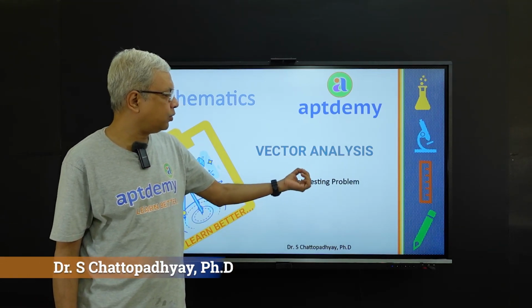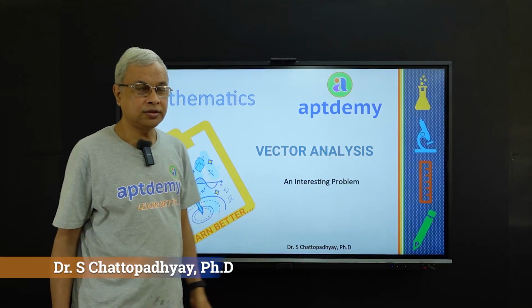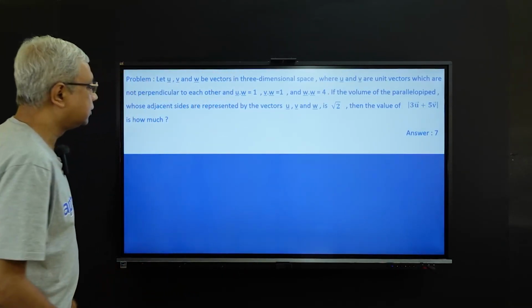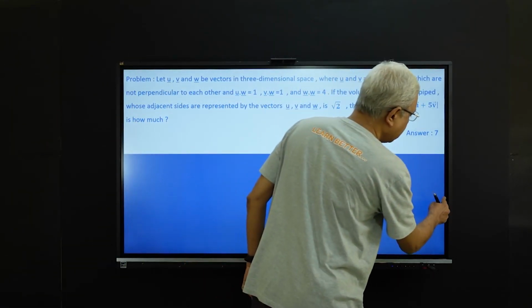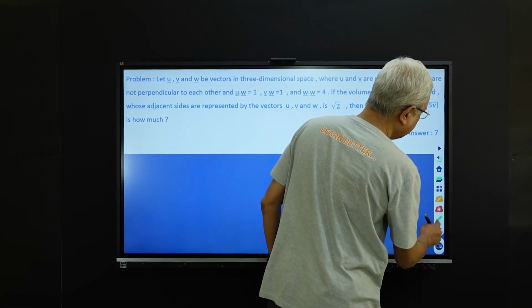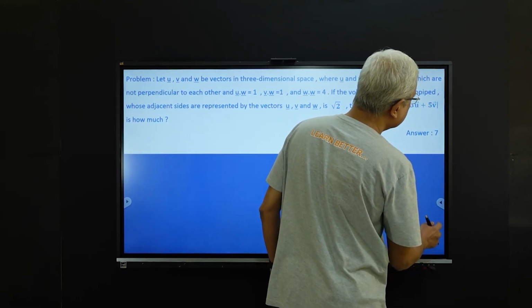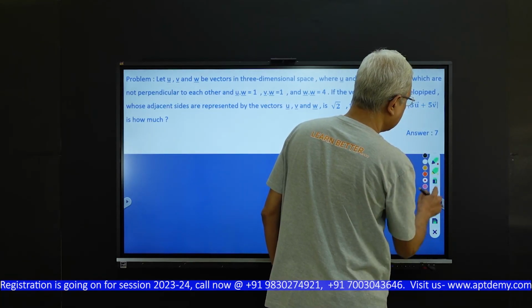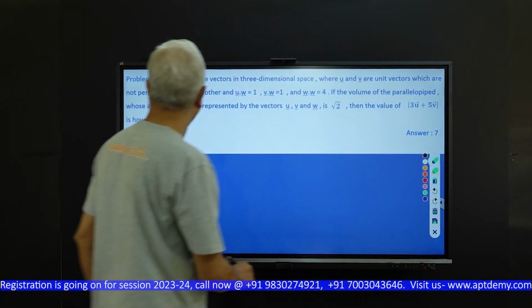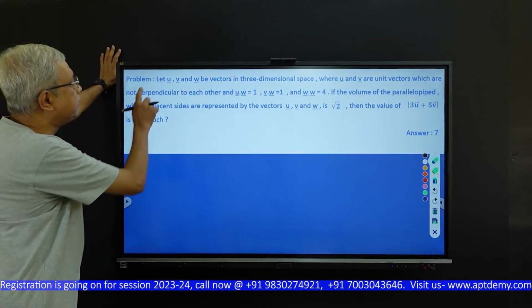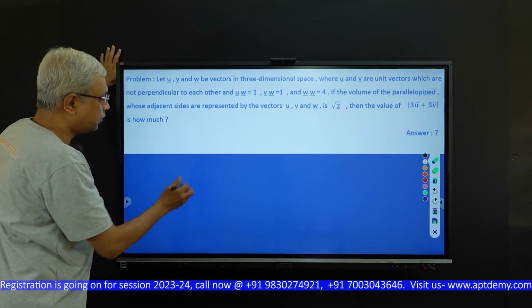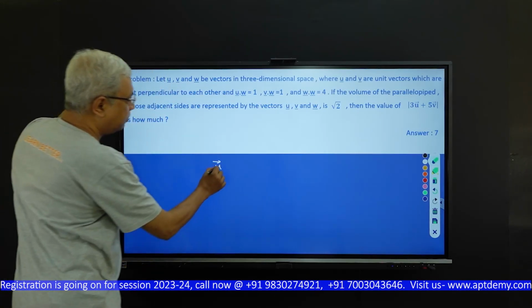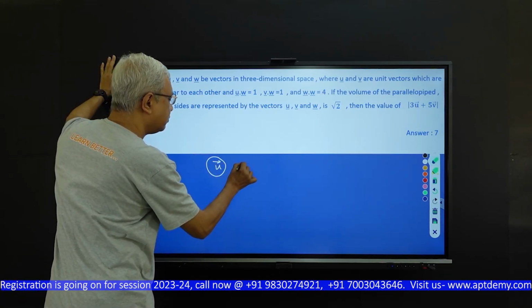I'll be discussing a problem on vector analysis. So let us see what that problem is. See the statement of the problem. Let vector u, vector v, vector w. We are familiar with this notation of vector, but sometimes we